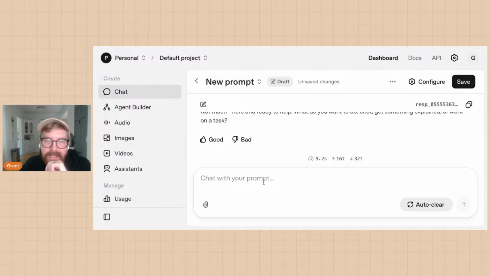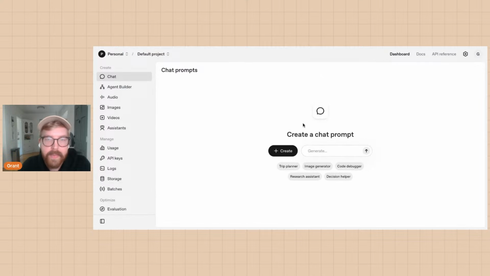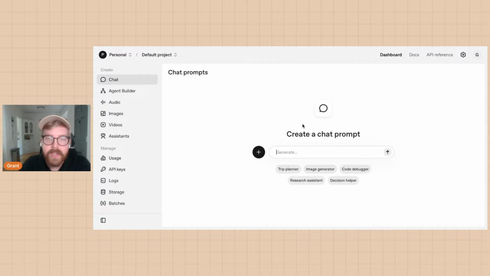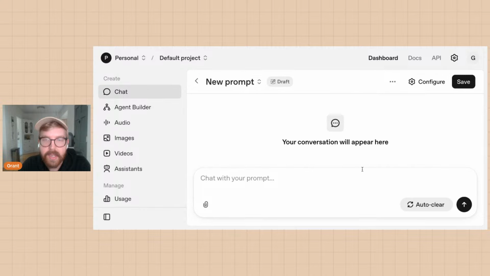Yeah. Let's test one of the different models. So I'm going to go back over and zoom out a little bit here. By the way, this is pretty cool if no one's ever used this before. This is the create a chat prompt. So let's test it.